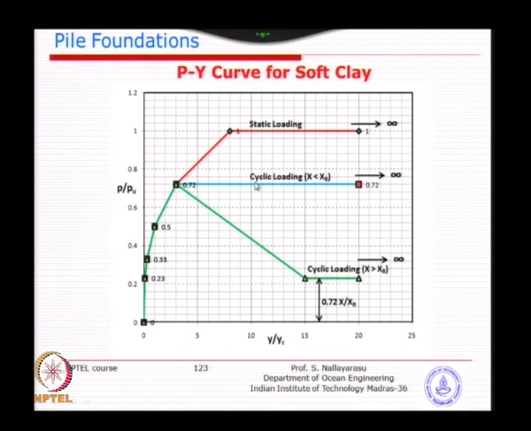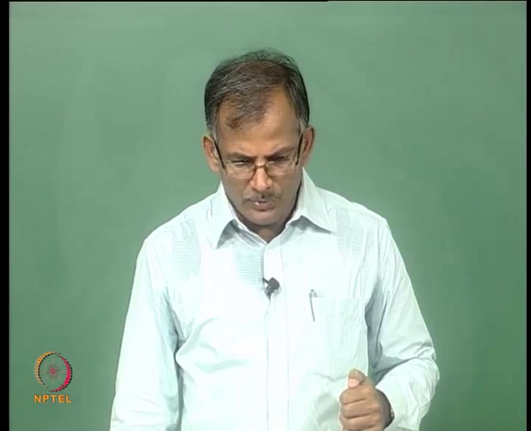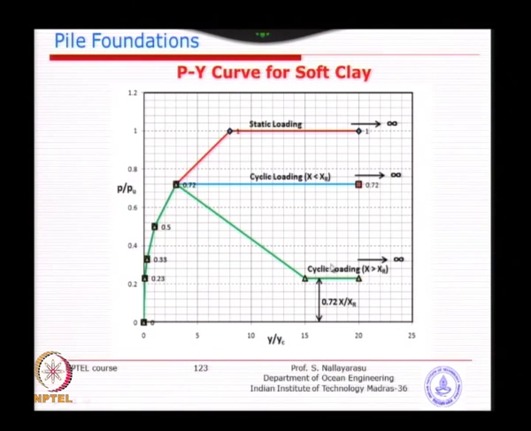But when you look at the other two graphs, the green one and the blue one is basically the cyclic loading at two different places, one near the surface, the other one just below. What we expect, in fact this has to be x greater than xr, this is x less than xr, because near the surface you will get a higher degradation, and at deeper depth the degradation effect will be slightly lesser. So, that is the idea behind. So, what happens is when you have a dynamic loading, you can see here from 1 it has come down to 72% as the maximum resistance, beyond which the soil is unable to take, because the effect of degradation has taken place.